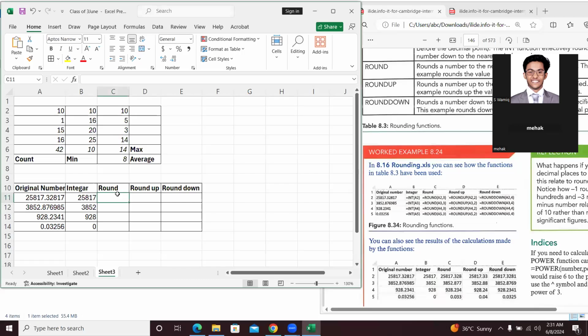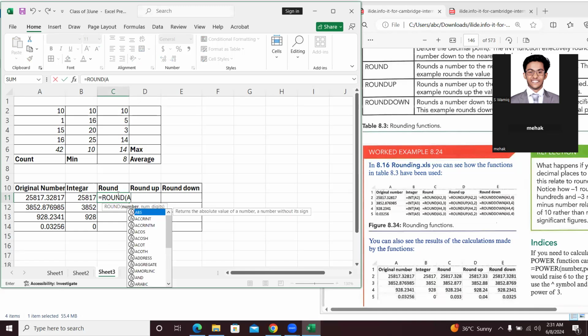So let's discuss this rounding function. To implement the round function, you press the equals sign, then write ROUND, and select the cell which you want to round, that is A11, the original number. When I'm rounding it, I also need to enter the number of digits, that is, how much I want this number to be rounded off. As you can see in the syntax,